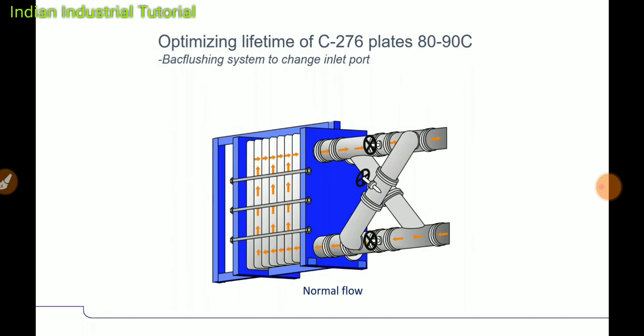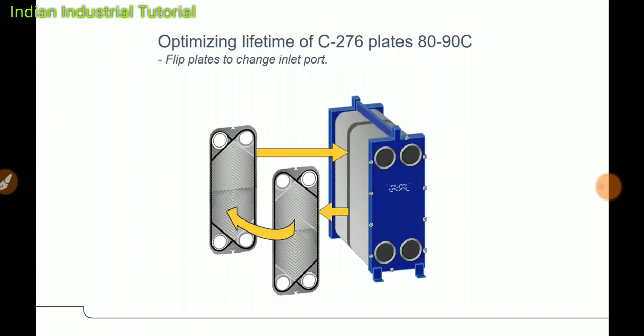Here you can see the optimization of the gasket and plate life. You can backwash the heat exchanger. Here you can see backwashing is happening in these two slides. One is a forward flow and another is a reverse flow. For that, 4 valves are required, piping is required. You can run that piping in such a way that you will get debris back to the system without opening the heat exchanger.